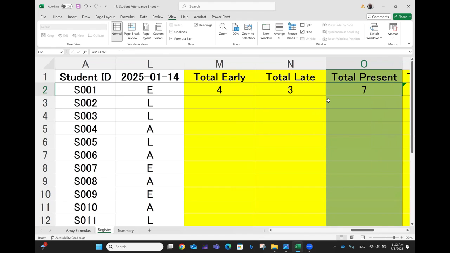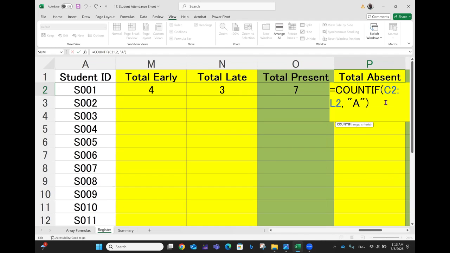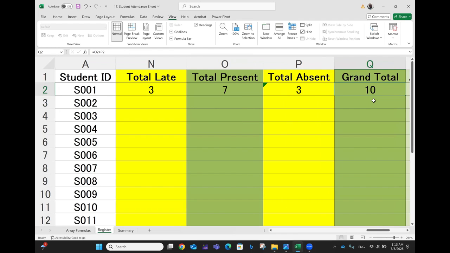So that's 3 here. Of course, total present, you just add these two together, that's 7. For absent now, you do the same formula, is equal to COUNTIF C2 to L2, absent, all right? And that's 3. Then, of course, the grand total is adding all the 3 together, and you have,